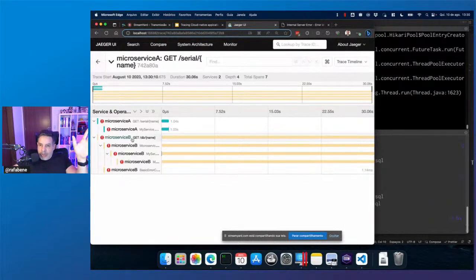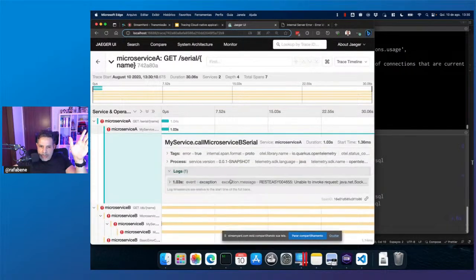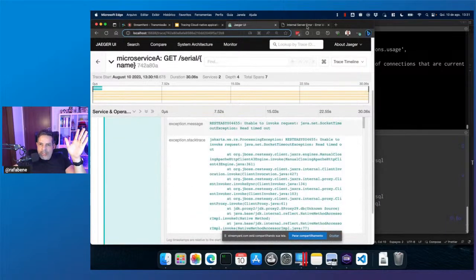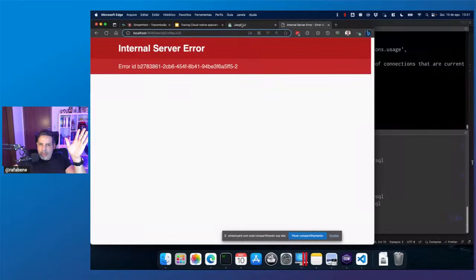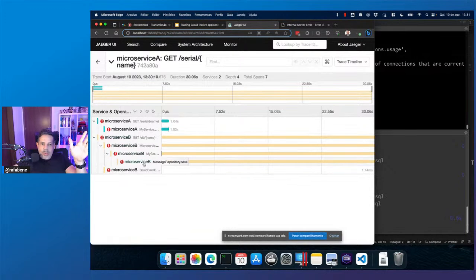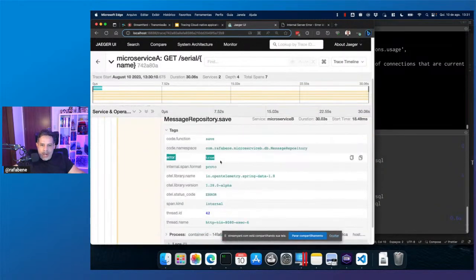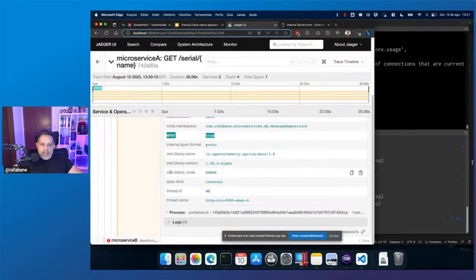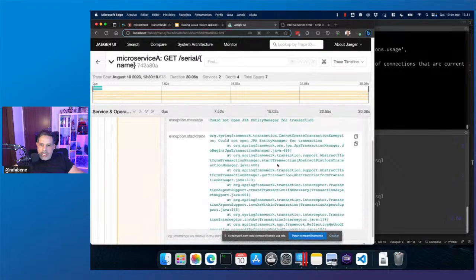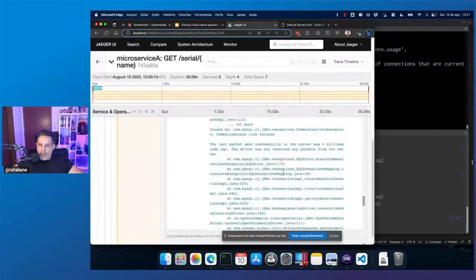Microservice A failed fast because there is a timeout. We saw the timeout error here, right? This is the cause of this screen, the internal server error. But after some seconds, we had another error, which we can also see in the tracing. We see the error here in the tag. We can see error true, right? Status code error. And in the logs, we can also open the logs and see the exception. We have the stack trace here that caused the error.